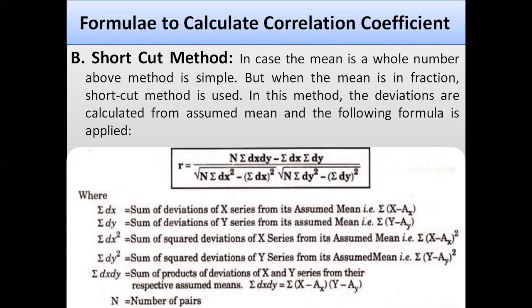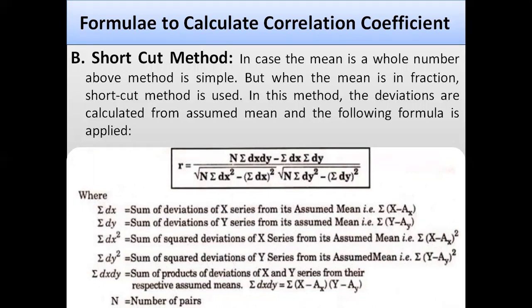In this shortcut method, we need to calculate the deviations. The formula to calculate the coefficient of correlation is n multiplied by sigma dx dy minus sigma dx into sigma dy, upon under root n sigma dx square minus sigma dx whole square, multiplied by under root n sigma dy square minus sigma dy whole square. तो ये फॉर्मूला हम अप्लाई करते हैं when the data set is quite large and we cannot solve easily with the help of direct method